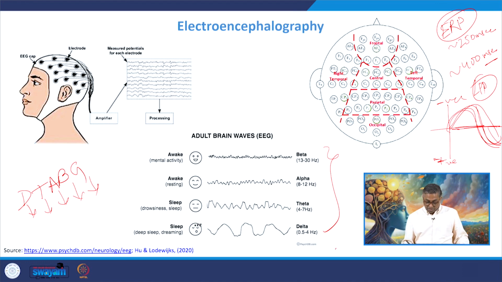So what you see on your screen, the minimum wavelength is delta, which is 0.5 to 4 hertz, and this happens during sleep, when a person is in deep sleep or a rapid eye movement state. Another is the theta wave pattern, which is from 4 to 7 hertz. When a person is sleepy, and drowsiness, laziness, fatigue is there, then such a wave pattern is generated.